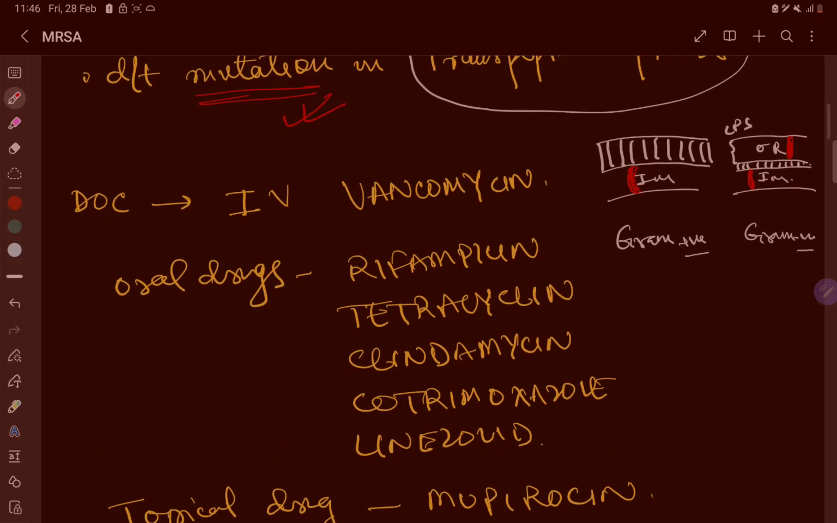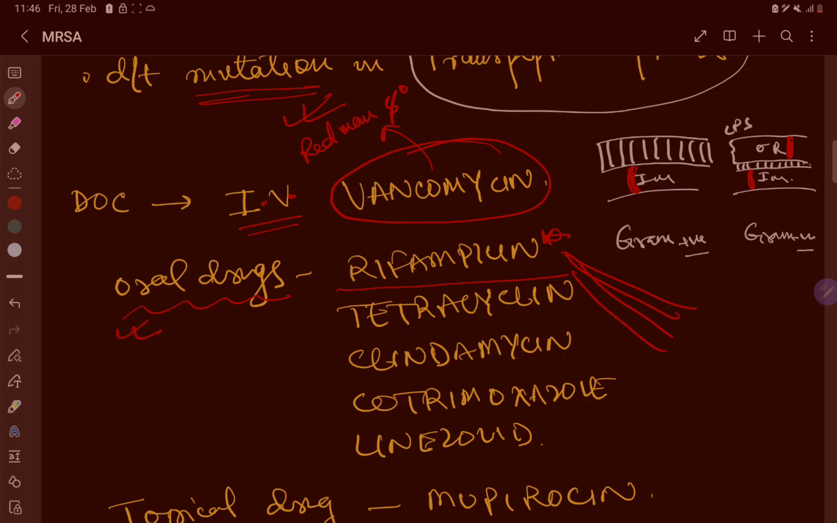Okay, now what are the drugs of choice? The drug of choice for MRSA is vancomycin. Vancomycin causes red man syndrome. Other oral drugs for MRSA include rifampicin. There are 4 uses of rifampicin and you have to know this by heart. Apart from tuberculosis, the main first line drug in TB, then the first line drug in leprosy, and there is prophylaxis